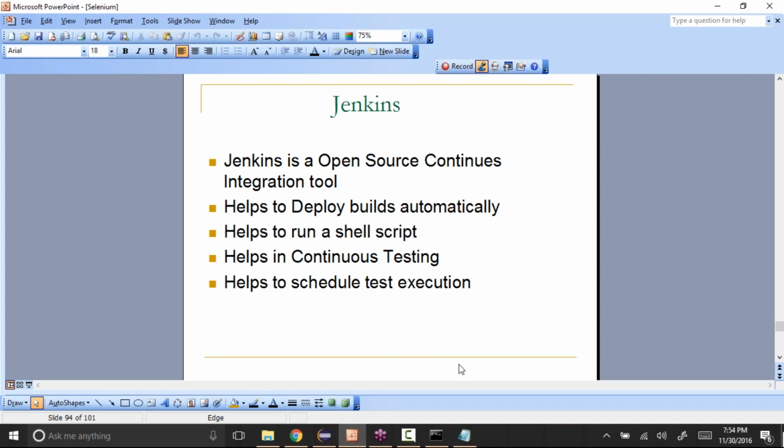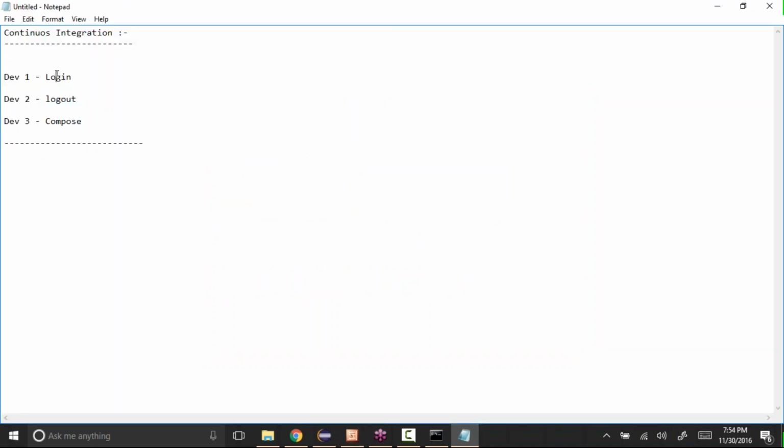Also, when developers write the code, they don't copy or save it only in their local machine. They will create it in the local machine itself, but once they are done, they will store everything in a central repository. There are tools even for that, because everything should be in one place, it cannot be on all the different developers' systems. Instead, they have to store it in some specific location. Even for that, they have tools called version control tools.